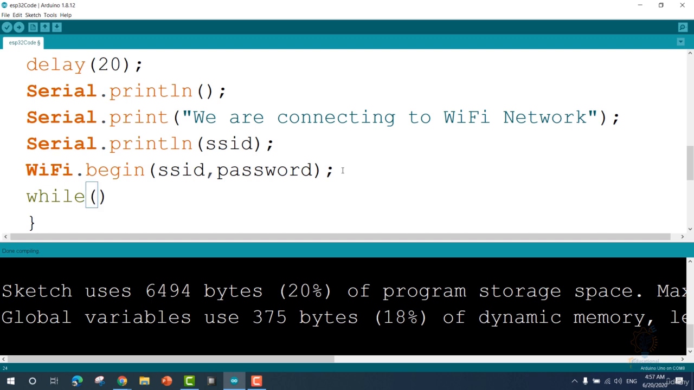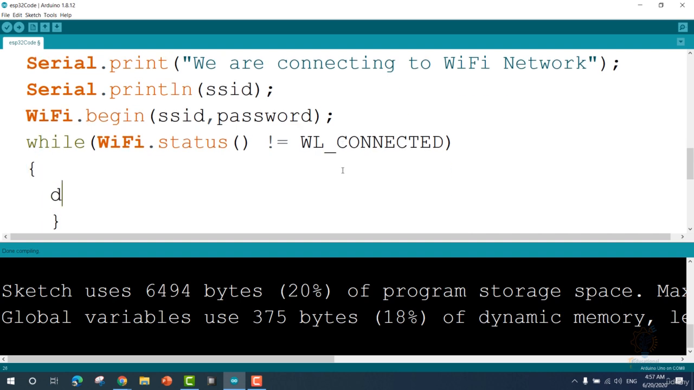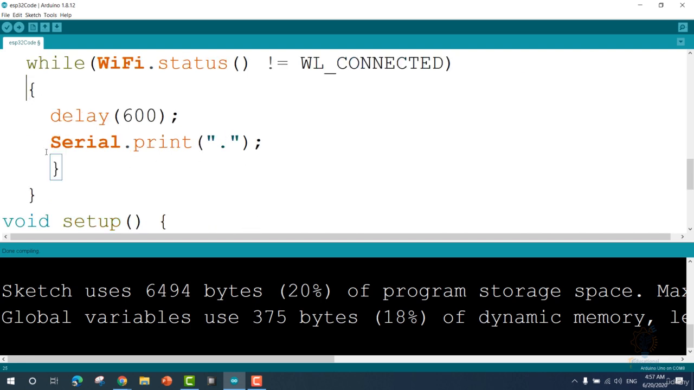we can add a while statement. If WiFi.status is not connected, then we need it to delay and try again. And while it's trying to connect, we need it to print a dot. Okay, now